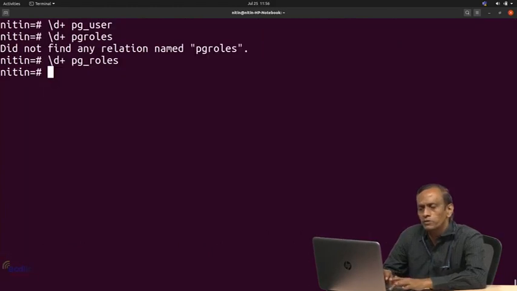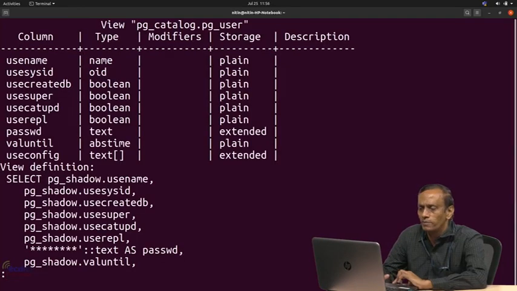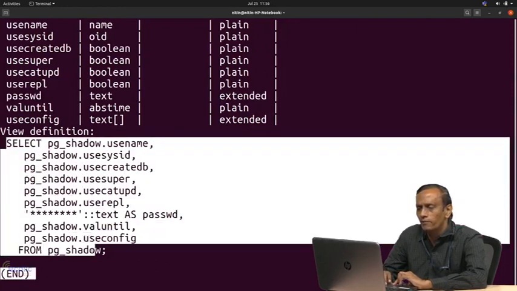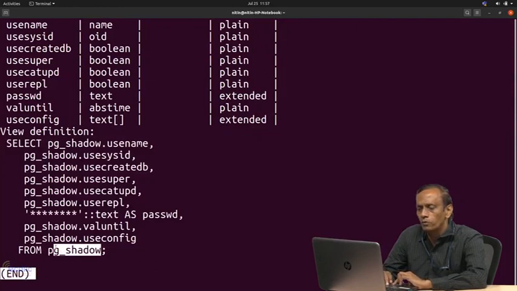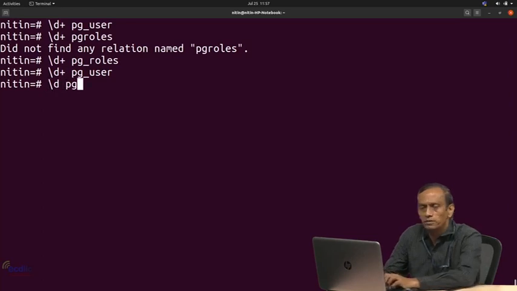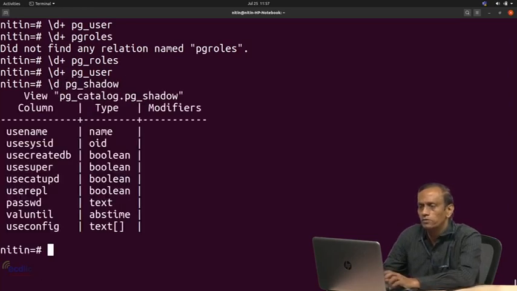So, this pg_user and pg_roles are somewhat similar, but different at different places. Now, if I see carefully, it is simply picking everything from a table called pg_shadow. Now, if I try to see more details about pg_shadow, you see another view created, another view.